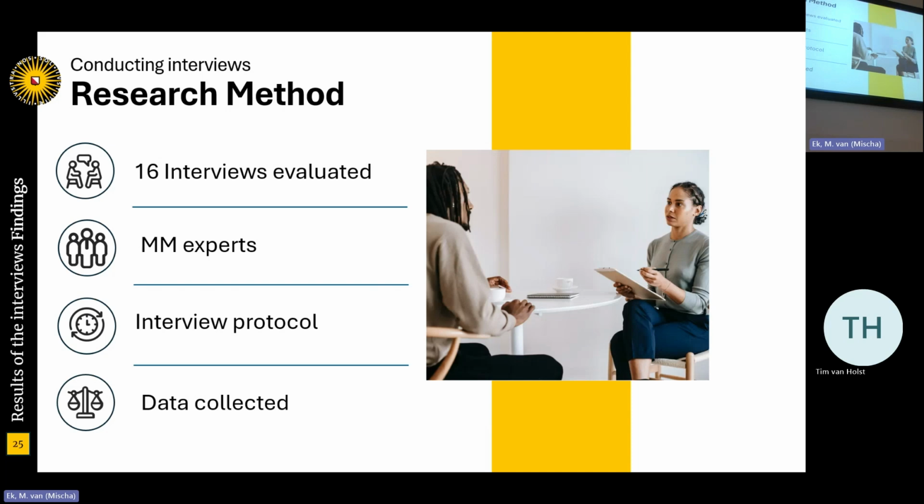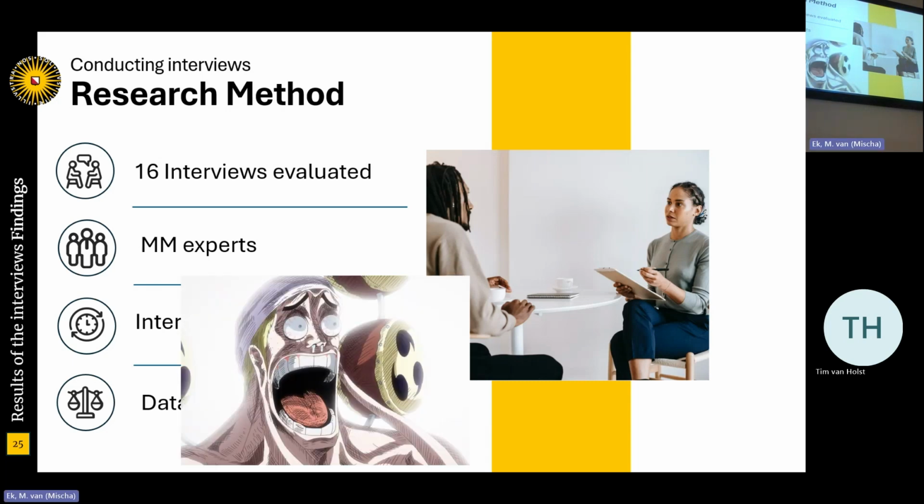Can you rate this in terms of ease of use from 1 to 10? And for each design criterion, I gave them a question. And all the data was collected, not only the quantitative data, also the qualitative data. I grabbed the quotes. Why did they give a 4? Why did they give a 3? Why did they say that it was very feasible? And I used this information to understand why the ratings occur.